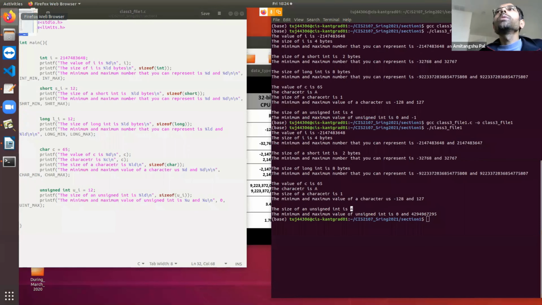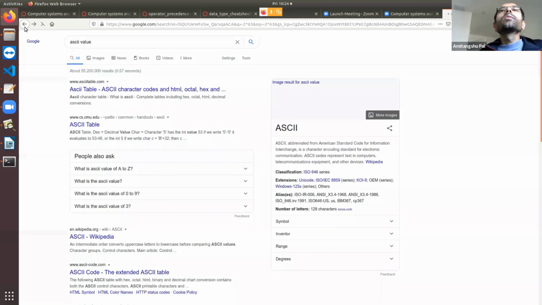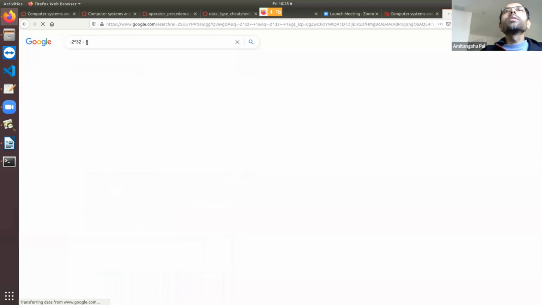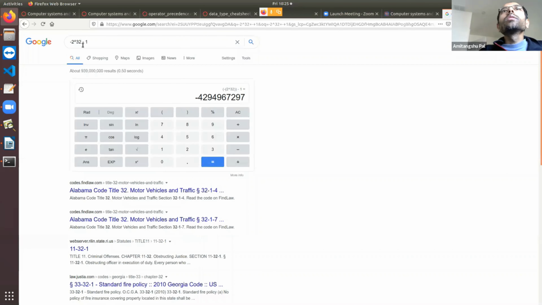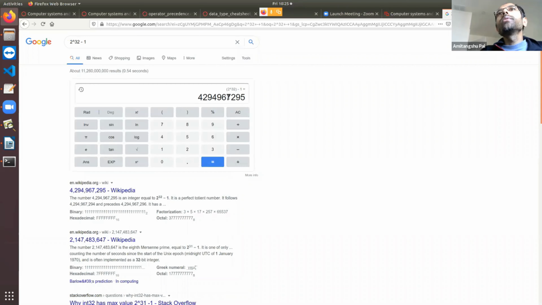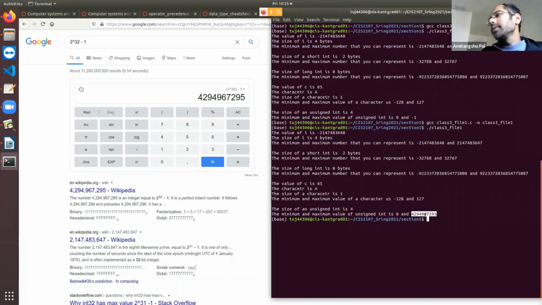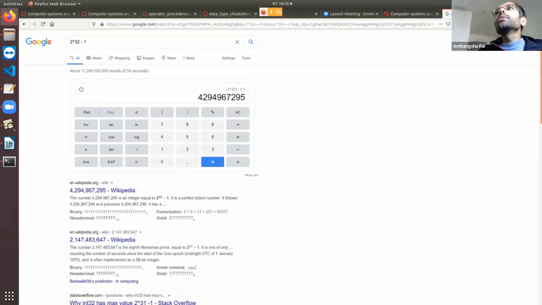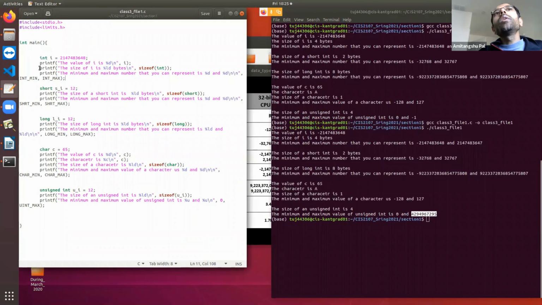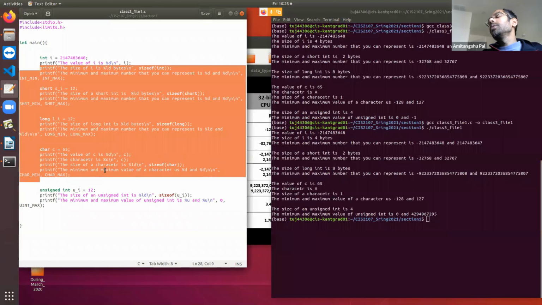So 2 to the power 32 minus 1 is 4294967295. Clear? So basically, you can write the unsigned version of all these different data types if you want to consider only the positive part of it.